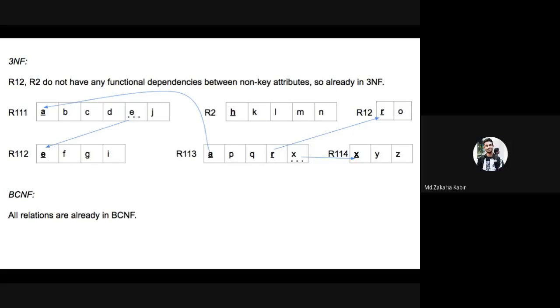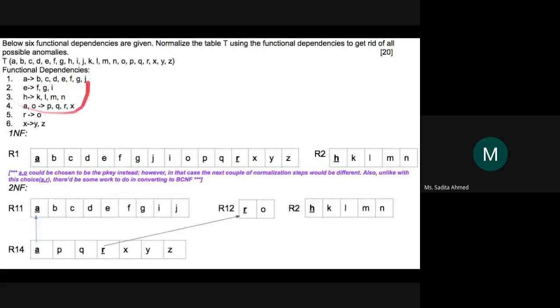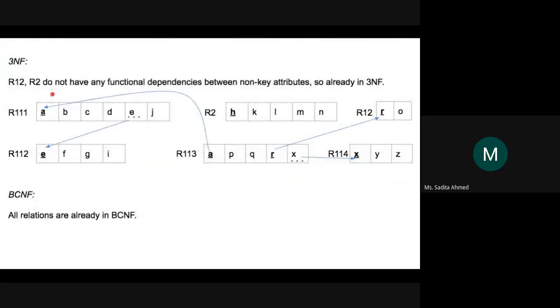নো। এই জিনিসটা অ্যান্সার করার জন্য আমার কি দেখতে হবে? ফার্স্ট অফ অল R11 এ দেখতে হবে কোনো ডিটারমিনেন্ট আছে কিনা। এই ফাংশনাল ডিপেন্ডেন্সিতে লেফট সাইডে যে অ্যাট্রিবিউট গুলো আছে ডিটারমিনেন্ট, এগুলোর মধ্যে কোনো অ্যাট্রিবিউট কি R11 এ আছে? E আছে, A আছে. A is not a problem because it's already the primary key. Remember, what is the condition? The candidate has to be the primary key or part of the primary key. A is already the primary key, so A problem না। E আছে, ভালো কথা, but